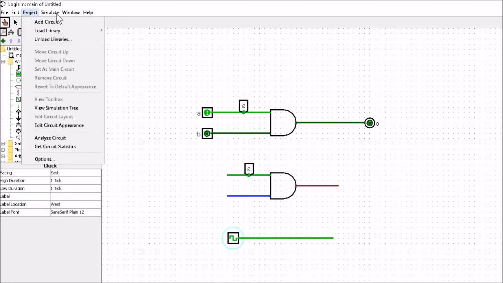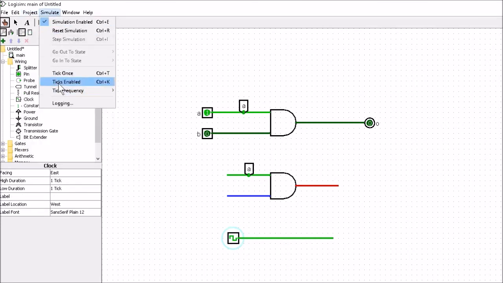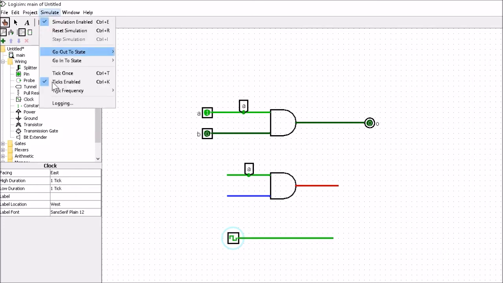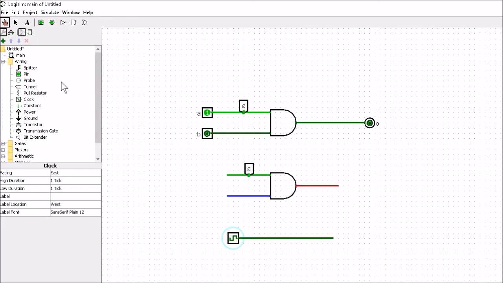If I click into simulate and I click tick enable, then it will click this clock high and low, and it will continue doing it until I click tick enable once more and it stops. We can also have a constant value as well, so I could take a value of 1 and I can connect it on, say here, and whenever I connect it to this point, it just turns that point high. We won't be using anything else in here.